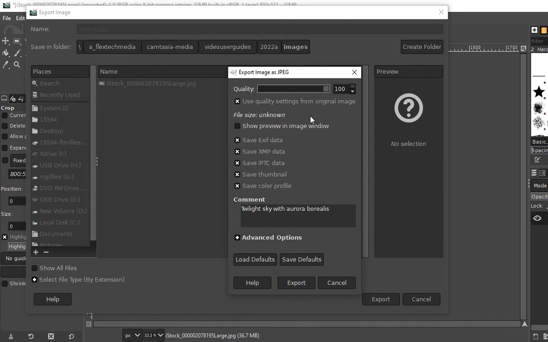Now it's going to ask me about the quality, and this is where we optimize the file weight. So I'm going to take it down to about 80. Most people can't see a difference at about 80, and you still get a lot of file compression. That looks really good. So I'm going to go ahead and export that,